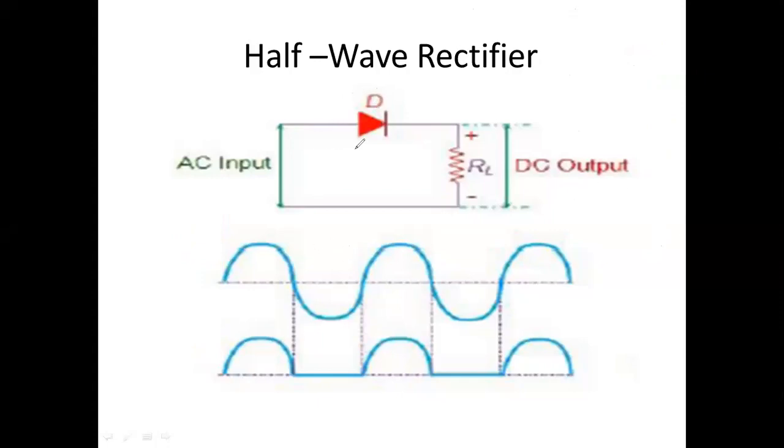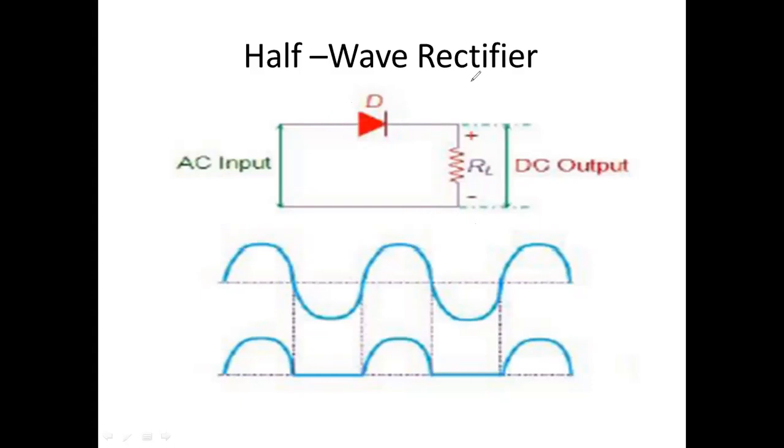So here diode D is used. Now how many terminals are there in the diode? The terminals of a diode are anode and cathode. Two terminals are there. The anode is connected to the P type. Cathode should be connected to the negative and anode should be connected to the positive here now.